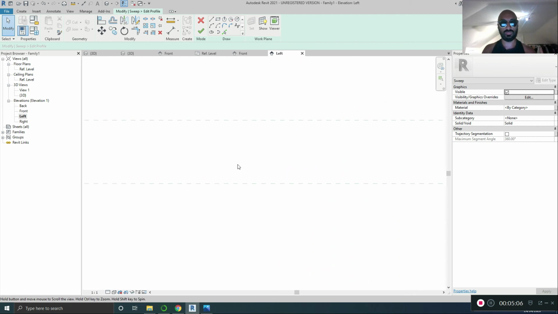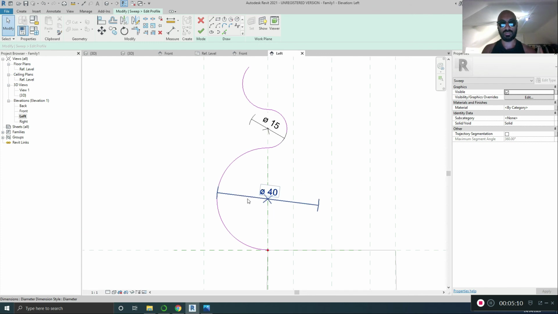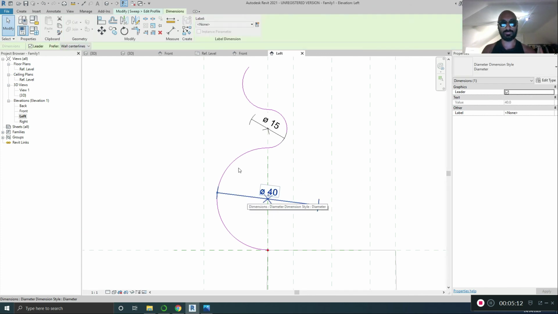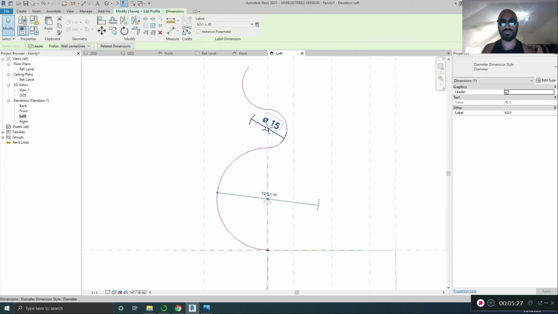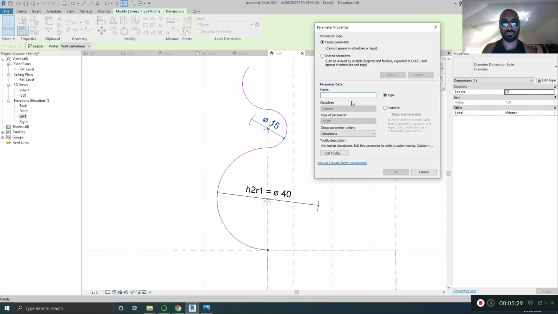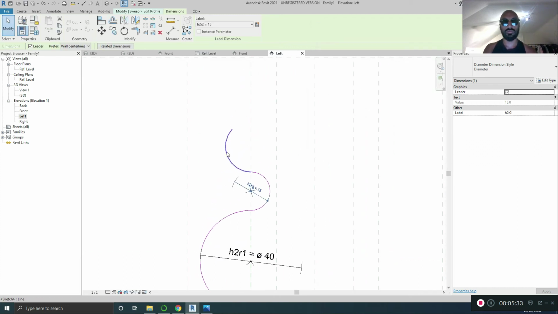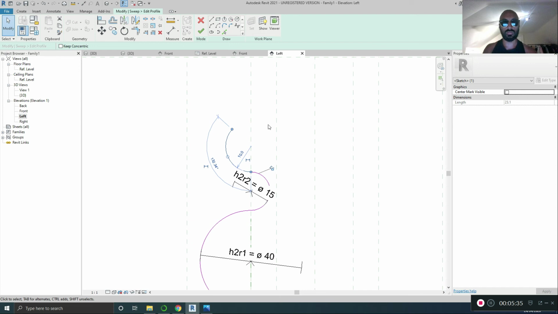So, because this is 100, this length here that I measured earlier, I know that this is 40%. Because it's 40, it's 40% of the full length. So I'm just gonna use that scale. Say H2, because that's what this one's named. R1. That one will be H2 R2. And that one will be,